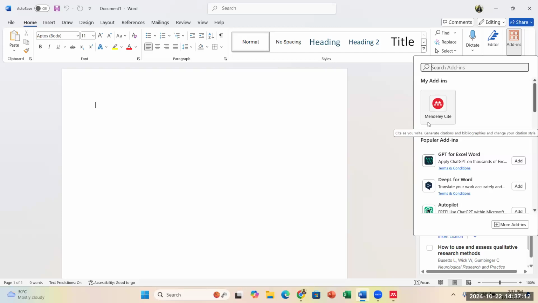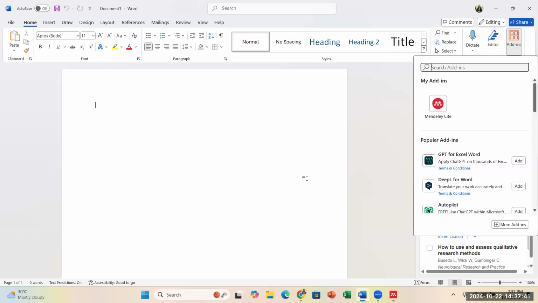Otherwise, you will see Mendeley Cite with the add button. Then click the add button, log into any Microsoft account, because this plugin has been uploaded as an Office 365 Word plugin, right? Then you should give your Microsoft account details to add it into your Microsoft Word,